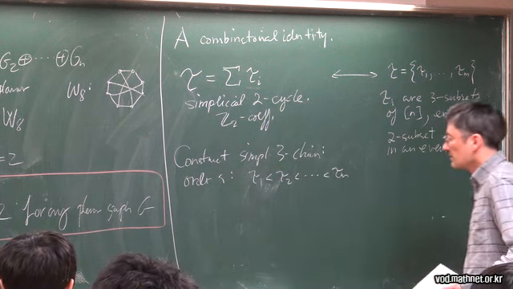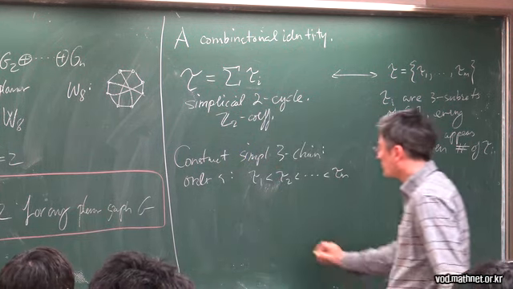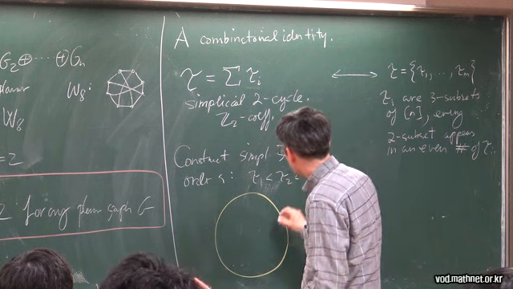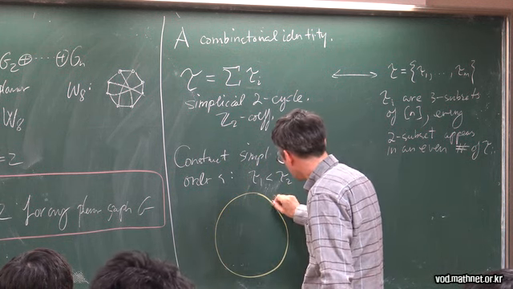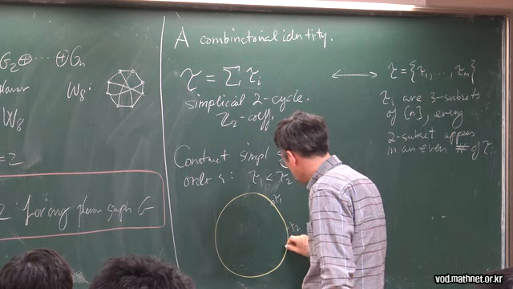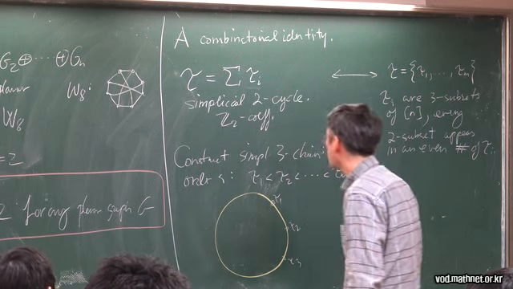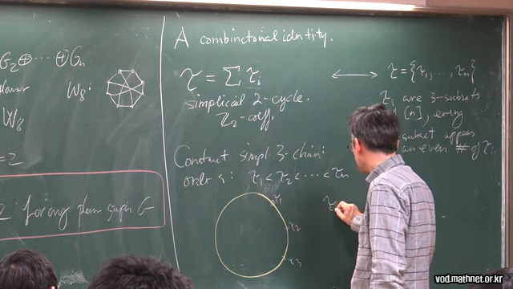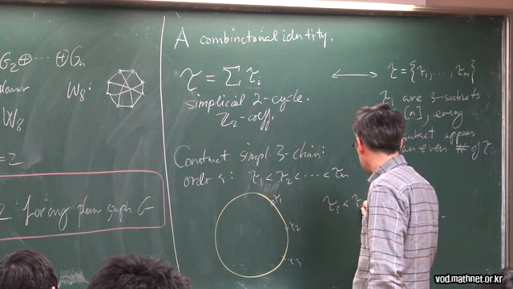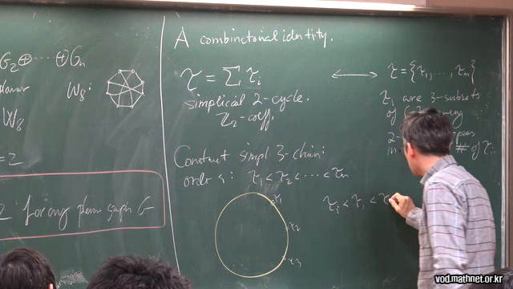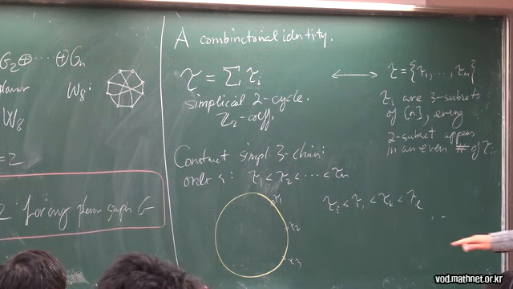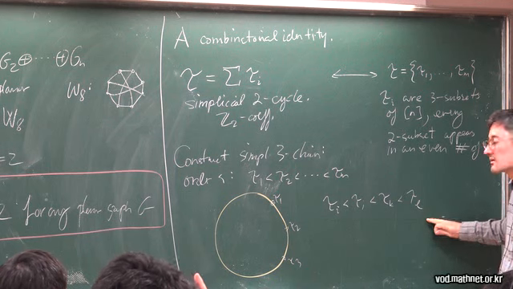In fact, all you need is a cyclic order. You place these on a cycle. Here's tau 1, tau 2, tau 3, etc. And then consider whenever you have tau i less than tau j less than tau k less than tau l. So for any four which are ordered like this,